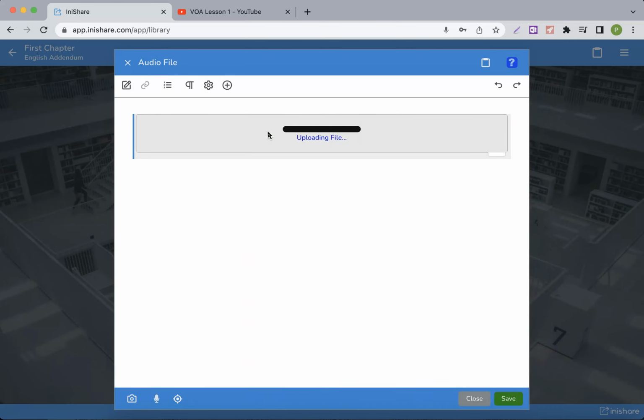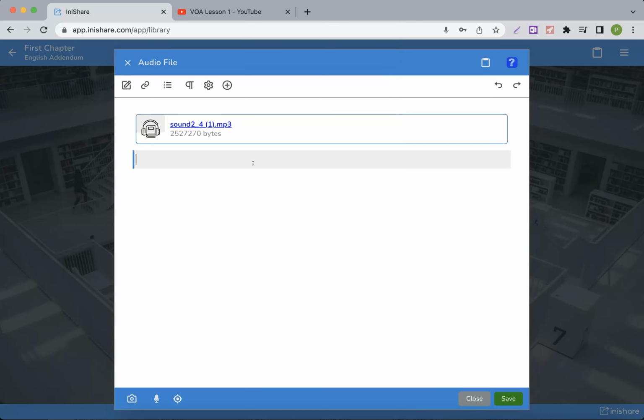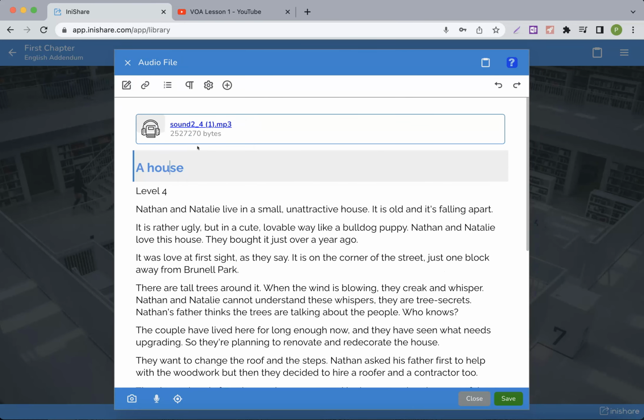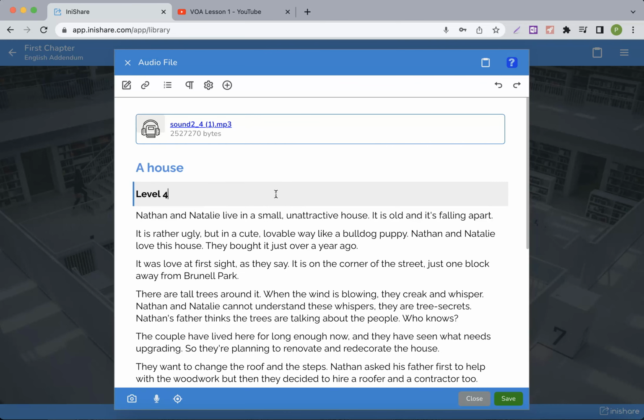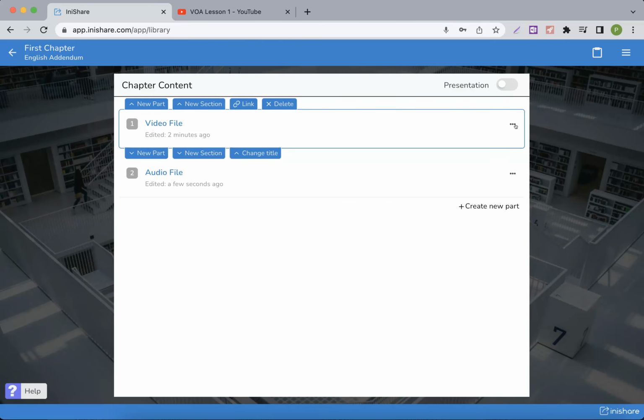I then find the text that belongs to the audio file. Now I paste it right after the audiobook element. We will see in a moment how it works. Then I save the file and close it. Now I add one more part.